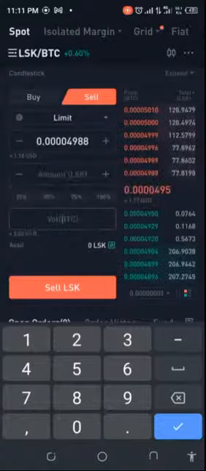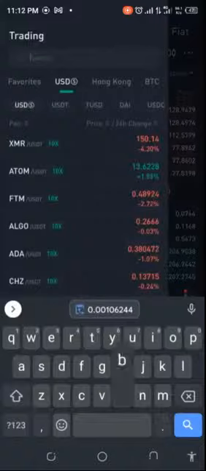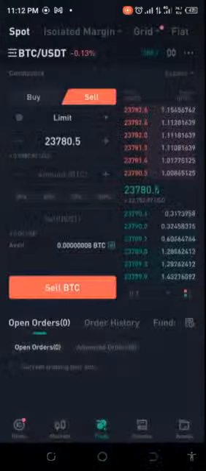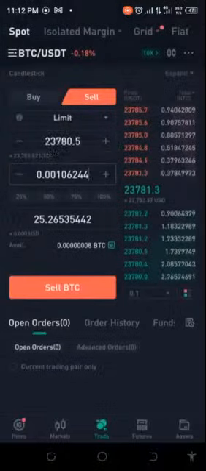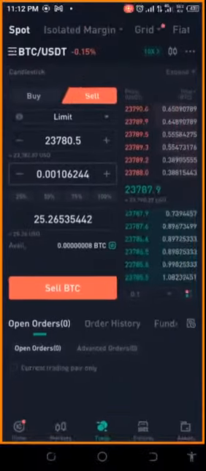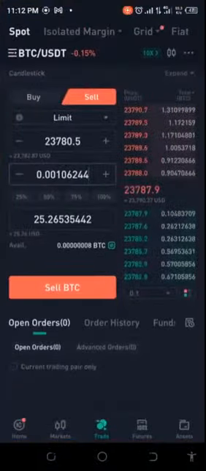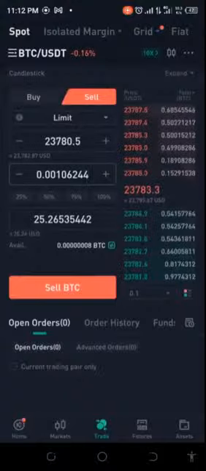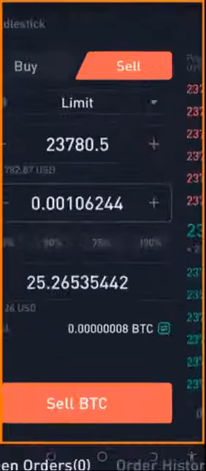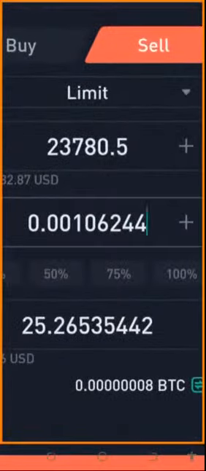If I cut that and I go to BTC USDT, and I try to sell it off, I'm sure you can see that right here it will be 25.26. But don't forget, I'm still going to send this back. I'm going to transfer this to TRX and send it back. So all of these things eat into the profits. As you can see here, taking out all your fees and knowing all your numbers is very important. So at this point, I saw that, oh yes, I was going to make profit here also, but